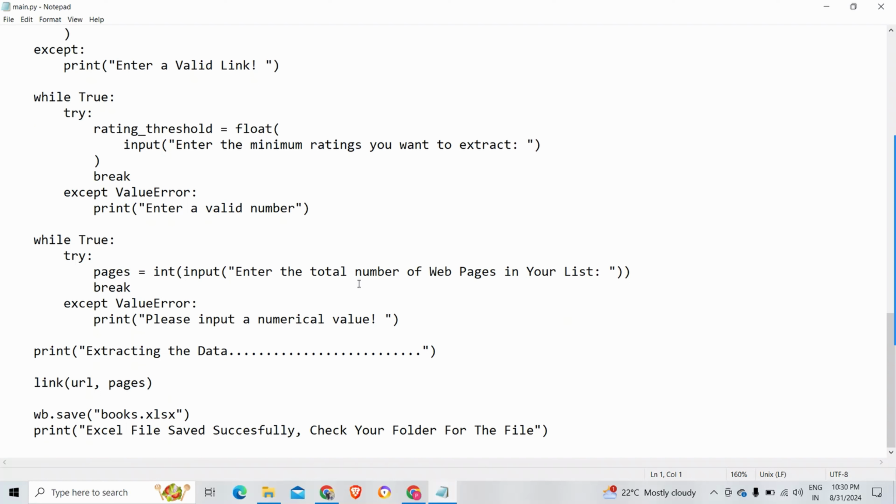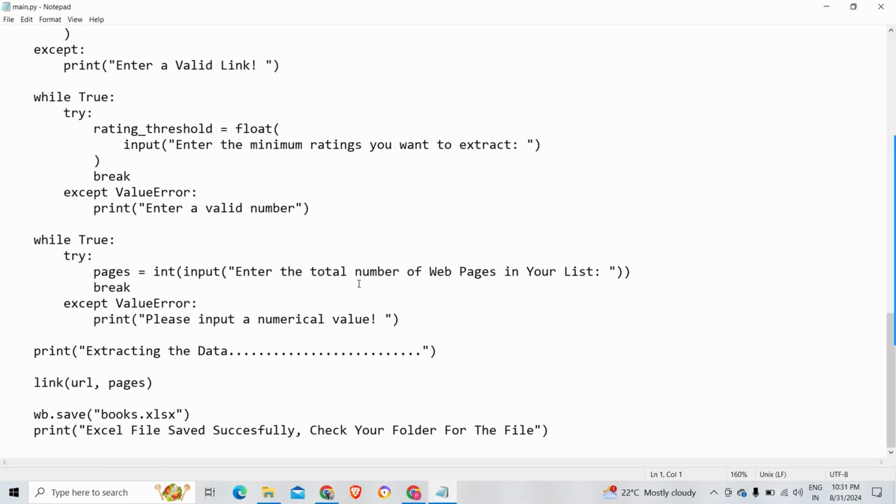Then we have except ValueError. This catches a ValueError that occurs if the input cannot be converted to an integer. Then we have print 'Please input a numerical value'. This prints a message asking the user to enter a numerical value.